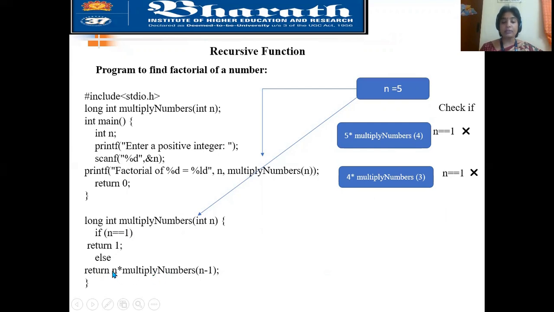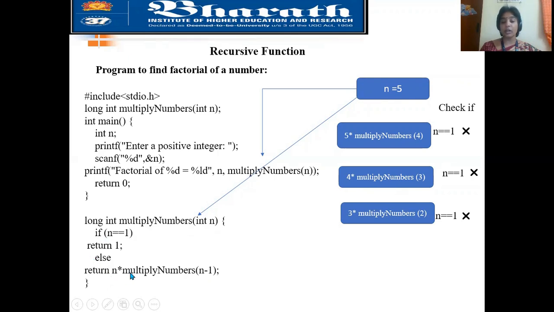In this case, n will be 4, and n minus 1 will be 3. So there will be a function call for multiply numbers of 3. Once this is executed, again it will go to the function definition, where the argument passed is 3. For multiply numbers of 3, the condition is not satisfied, so again the else part is executed.